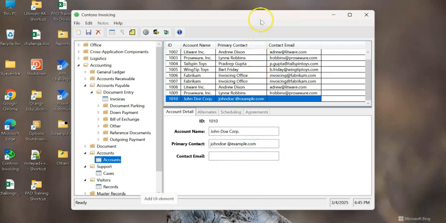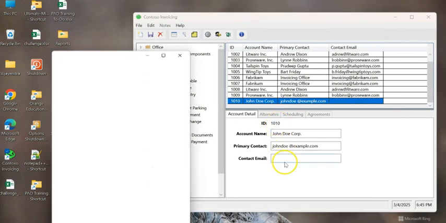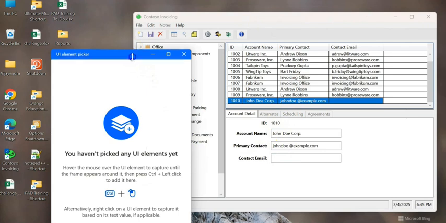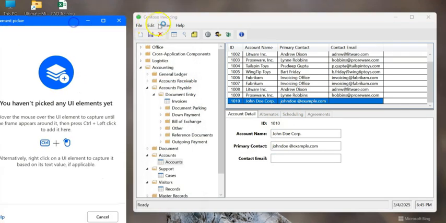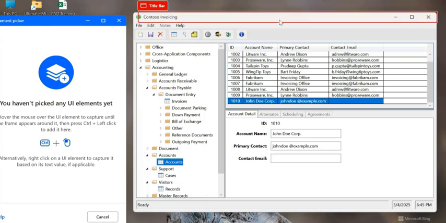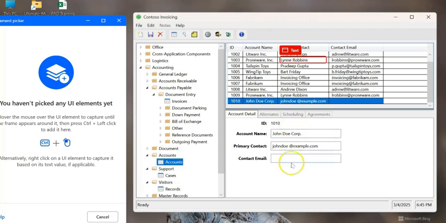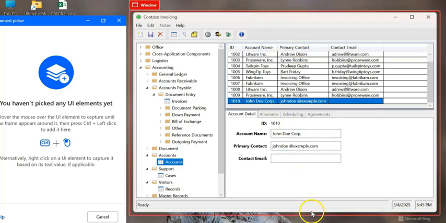It will bring the UI element picker, and now I'll hover my mouse over this window because this is what I want to capture. If you can see, it is showing the title bar. That is what I don't want. I will hover it in such a way so that it shows window. Can you see at the top it shows window in red now. Now I will do a control left click,